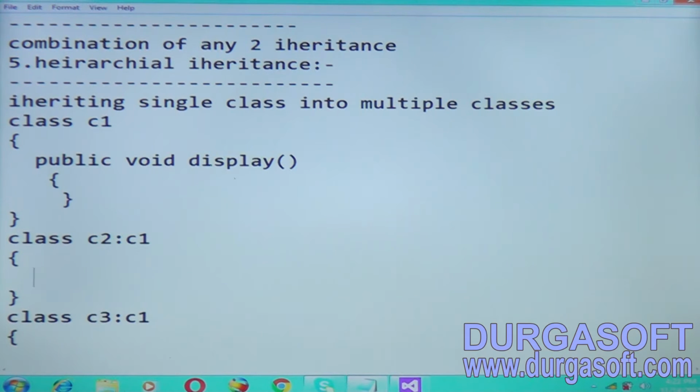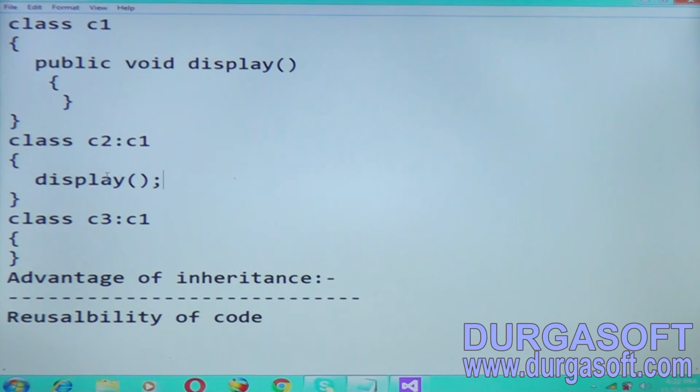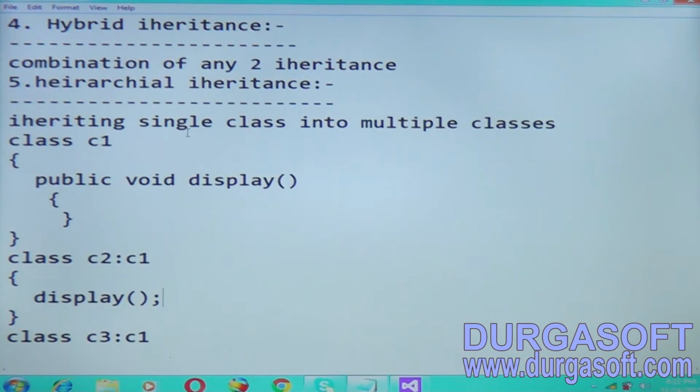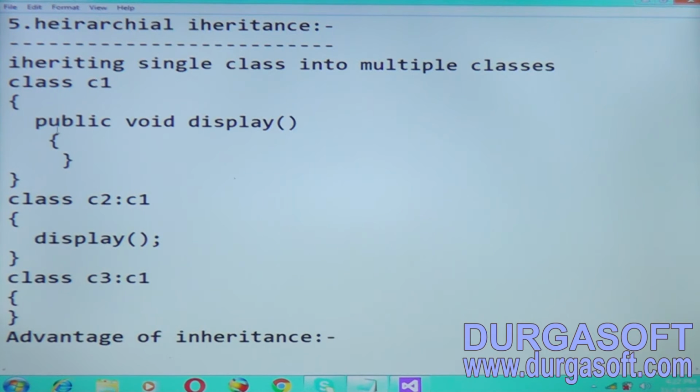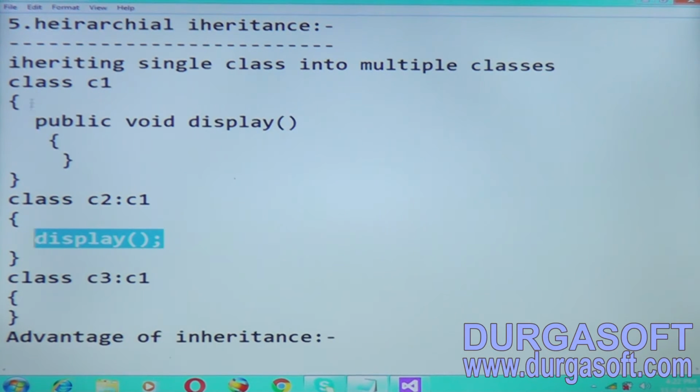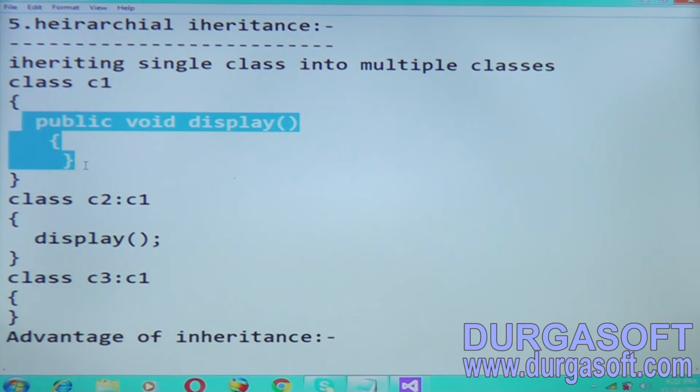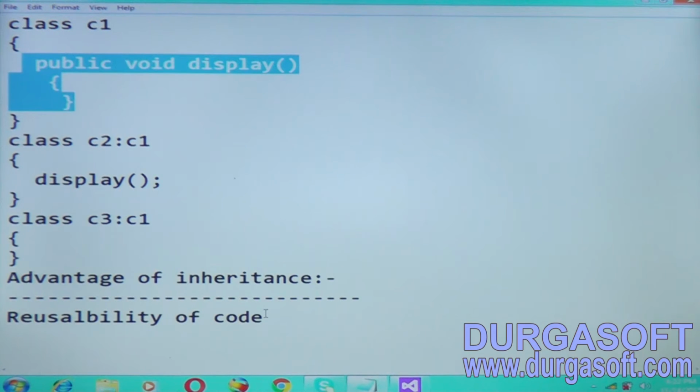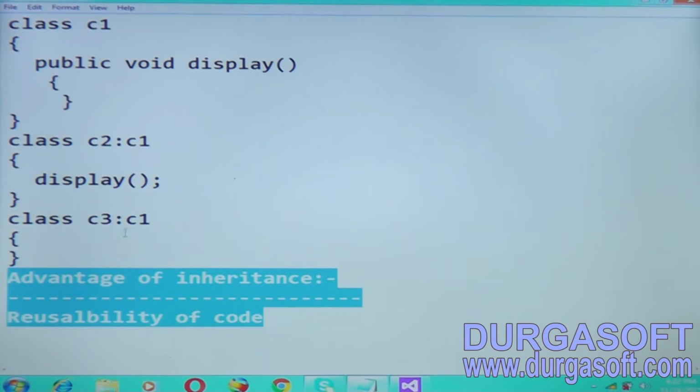We can directly call this display method. Again, we need not define the whole method here. Just directly we can call this display method, which is defined in class C1. That is the advantage of inheritance. So reusability of code is the main advantage.